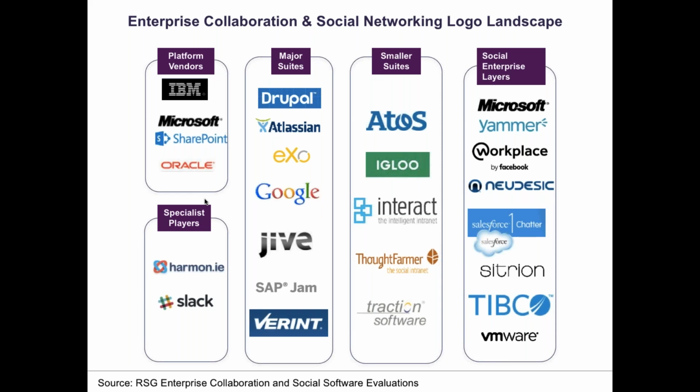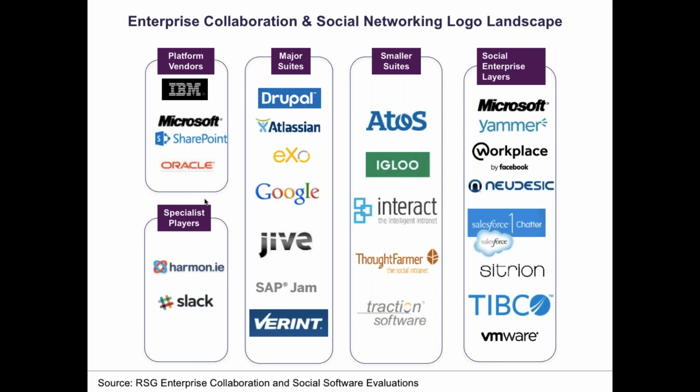we see as increasingly popular and certainly taking some mind share and market share from the major players. And then smaller suites. Many of these are kind of social intranets in a box, taking a larger footprint, particularly in enterprises of under 1,000, maybe even under 5,000, so sort of the mid-market. Then, of course, you've got a variety of different social enterprise layers. Some of these are full-blown ESNs like Yammer and Workplace. Others are more social layer on top of existing capabilities like Citrix, Tibbr, and, of course, Salesforce Chatter.